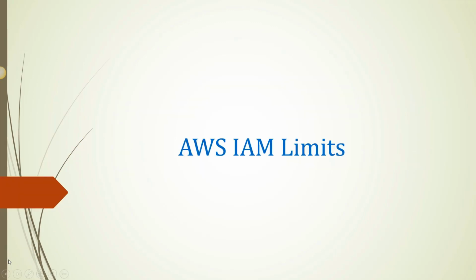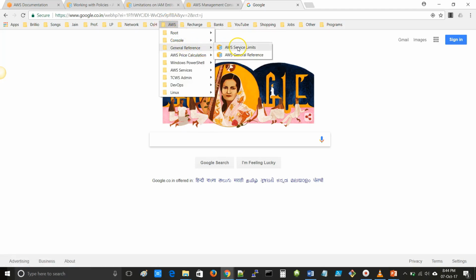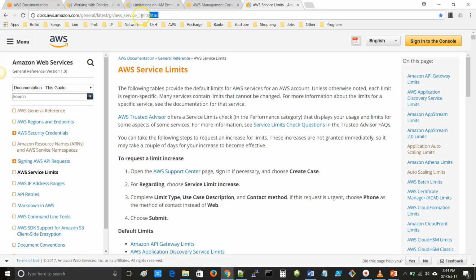Now let's talk about AWS IAM limits. For IAM limits, you can go to the link docs.aws.amazon.com/general/latest/gr/aws_service_limits.html.